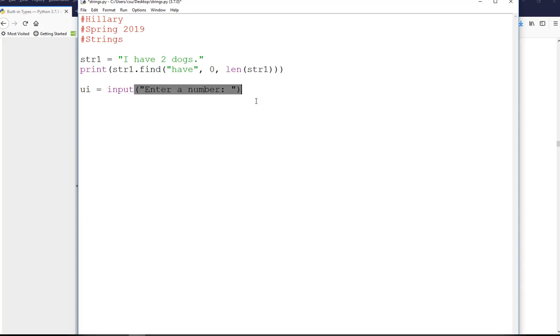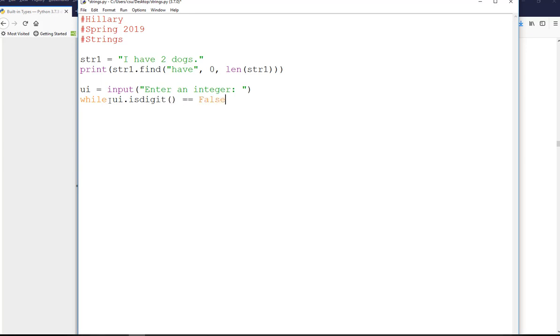Now, let's not do a number, let's do an integer. So let's say before we cast it, we actually want to make sure they entered an integer. We can say while UI dot isdigit